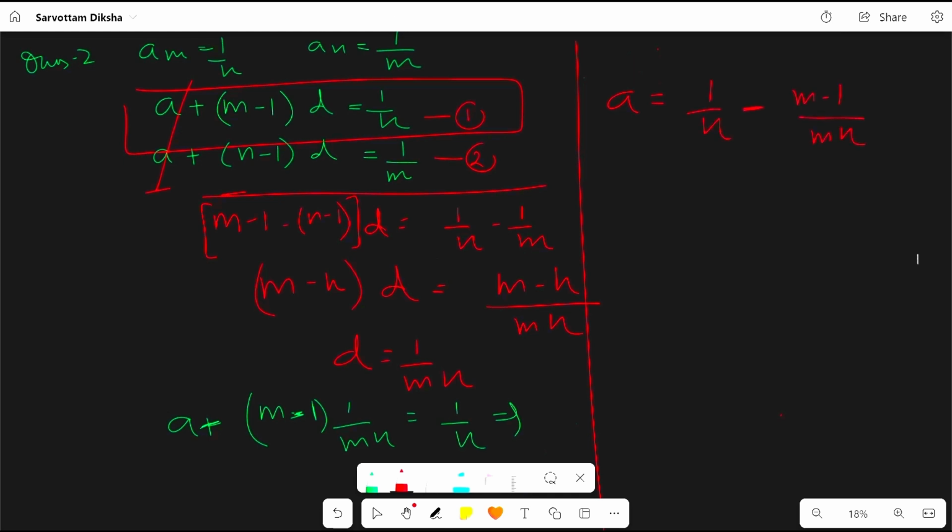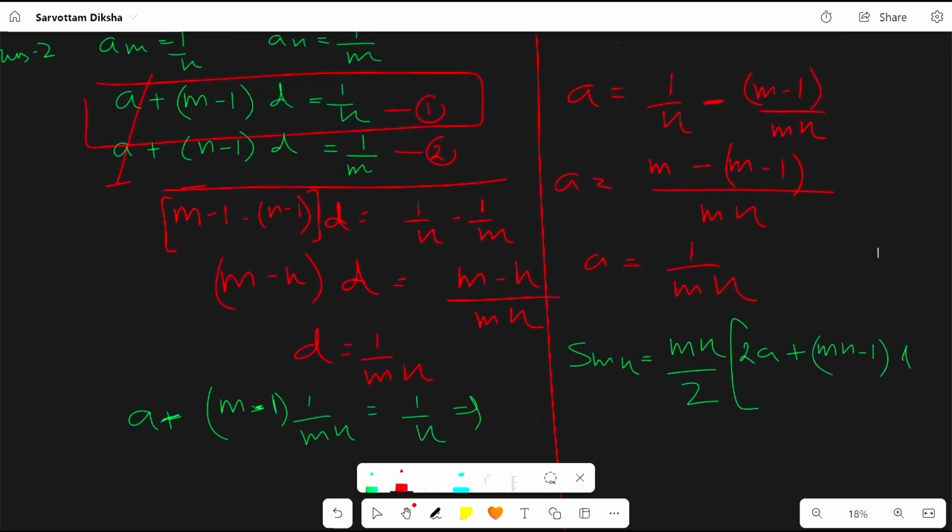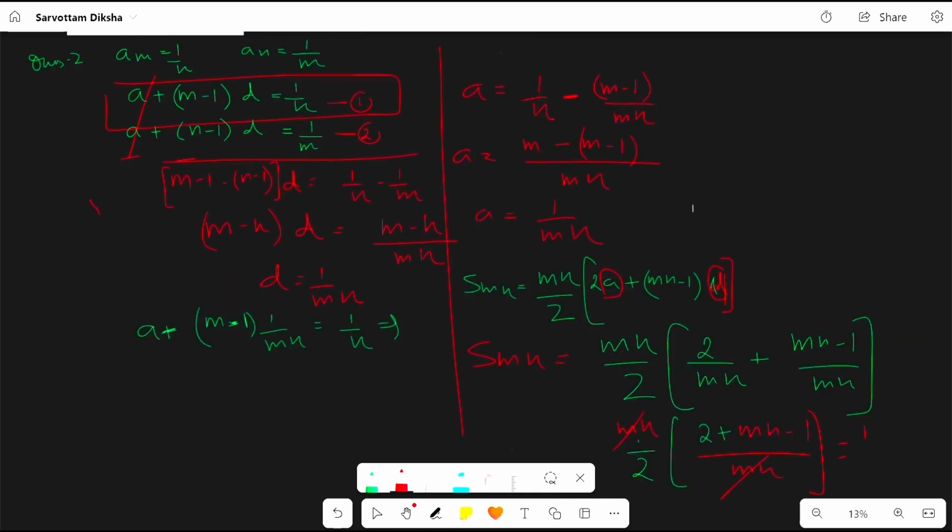So please be careful of this minus. Keep proper brackets here. Otherwise again you will mess up. Right? Then you will say, ma'am, I did it correctly only. I don't know what happened. What they have told me to find: we have to find Smn. So the formula again I will put quickly, mn by 2. Because the nth term is mn over here, that's why in place of n I am putting mn. I have a, and d is nothing but 1 by mn. I know all this, you can solve: mn plus 1 by 2. So this is your answer.